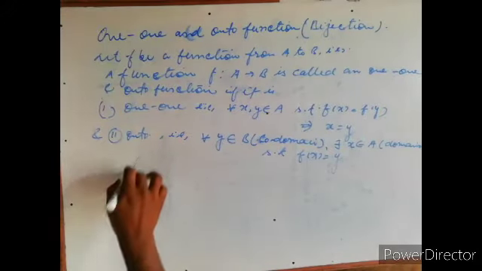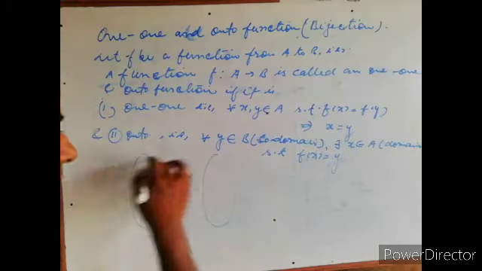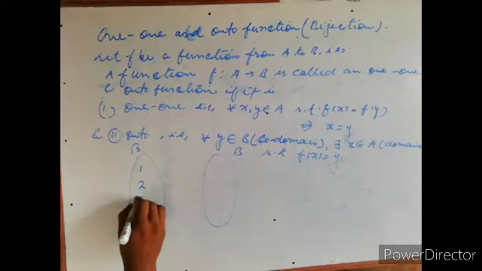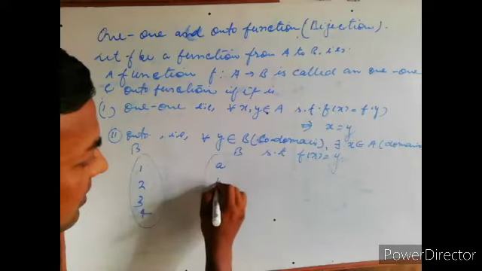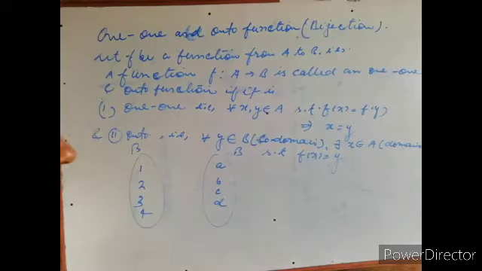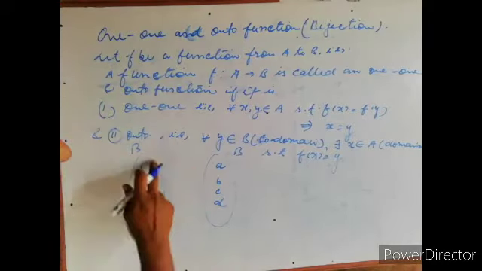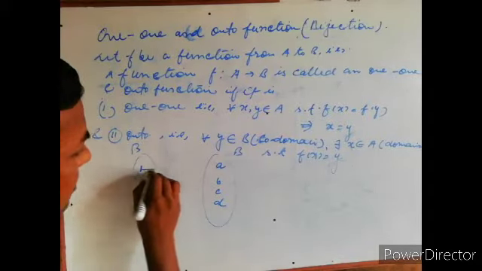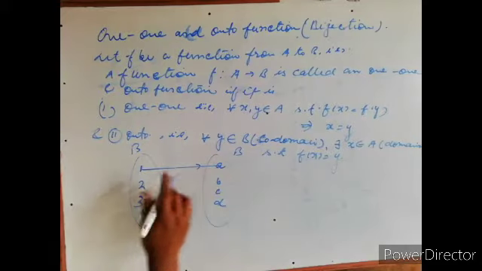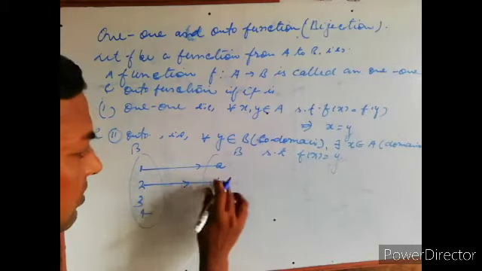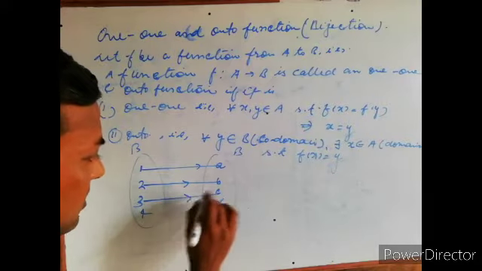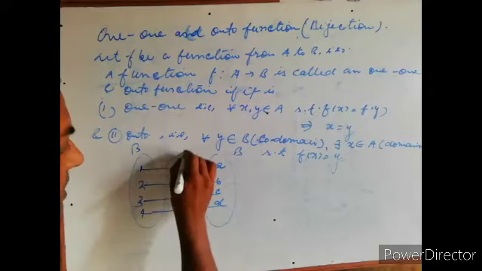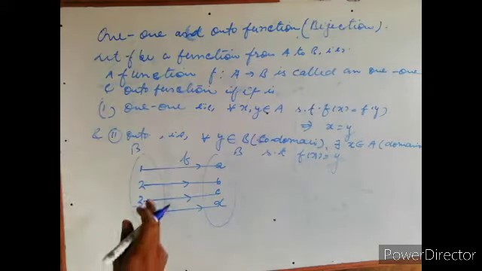For example, let A and B be two sets, A containing 1, 2, 3, 4 elements and B containing a, b, c and d, 4 elements. Means we illustrate one-one and onto function by taking an arrow diagram. Element 1 is associated to element a, element 2 is associated with b, 3 is associated with c and 4 is assigned with element d, and this association represented by set f.